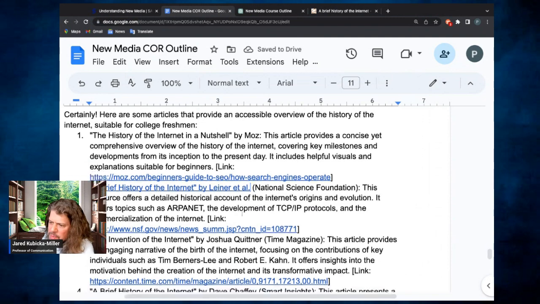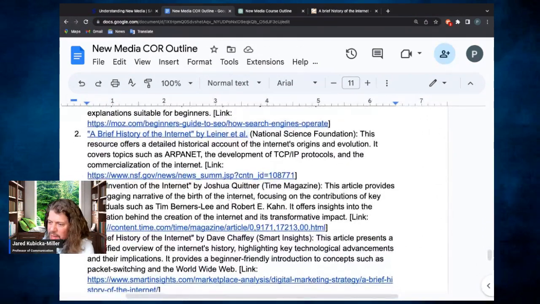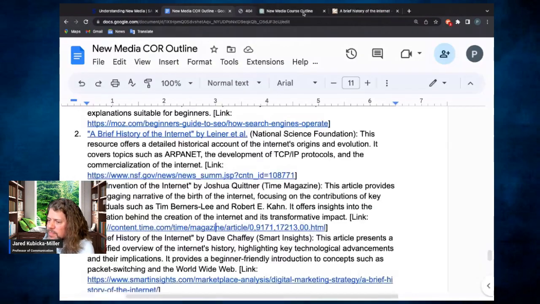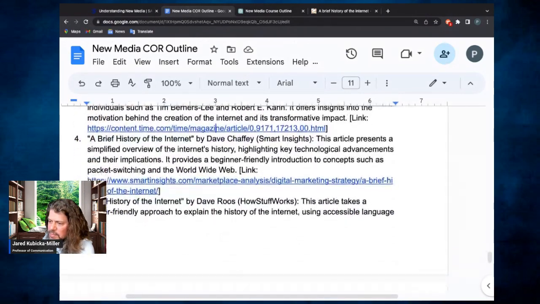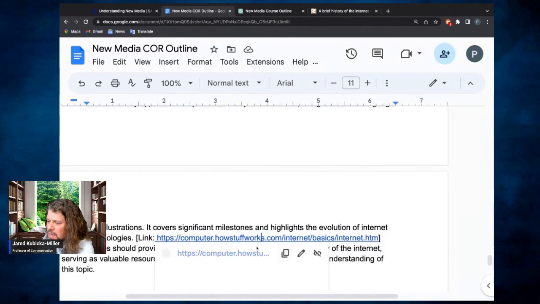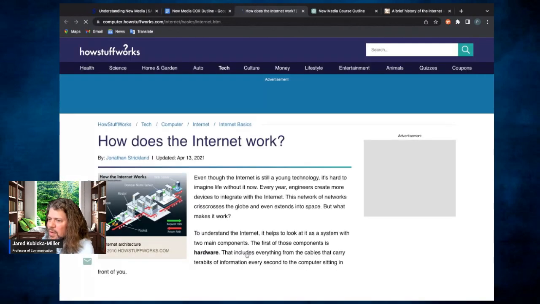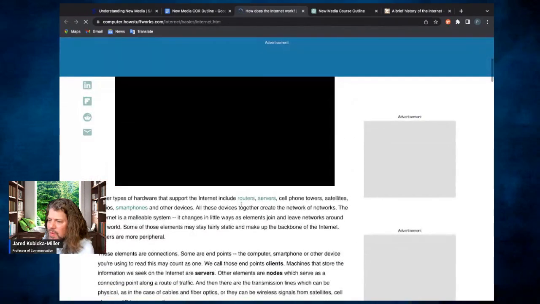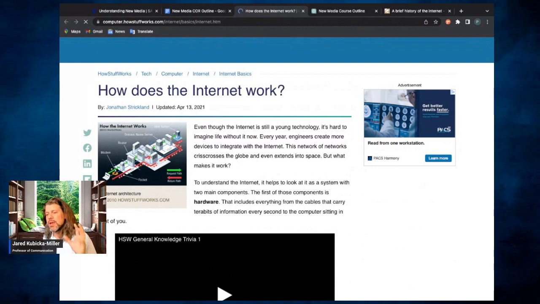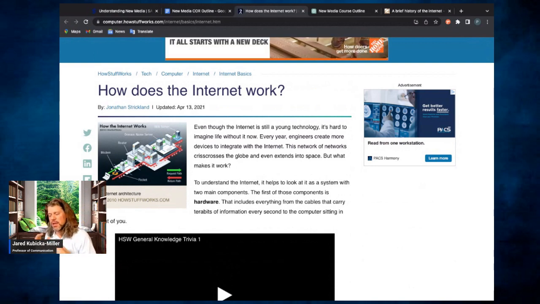Okay. This resource offers a detailed historical account. I'm not sure about the invention of the internet, Time magazine. Does this one work? Nope. Oh, How Stuff Works, a reader-friendly approach. I do like How Stuff Works. I do feel kind of comfortable, because this is a new media course, with finding credible sources on the internet, especially when it has stuff like sharing.